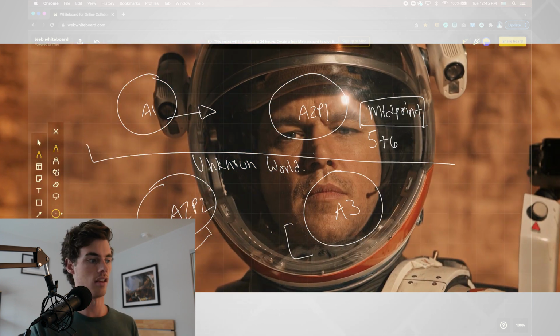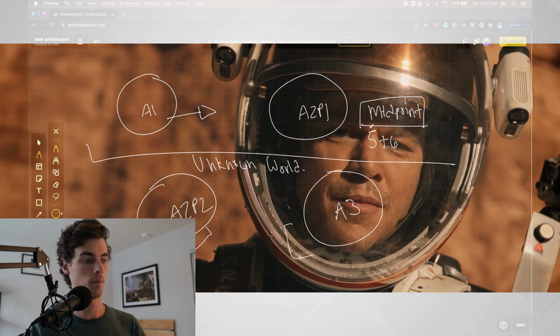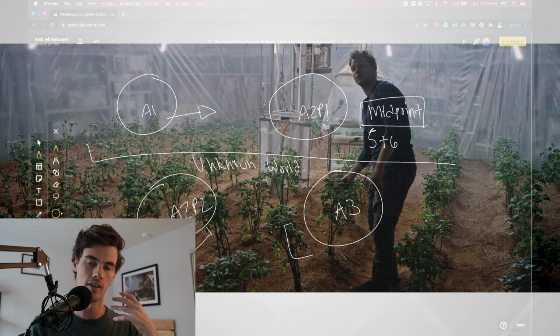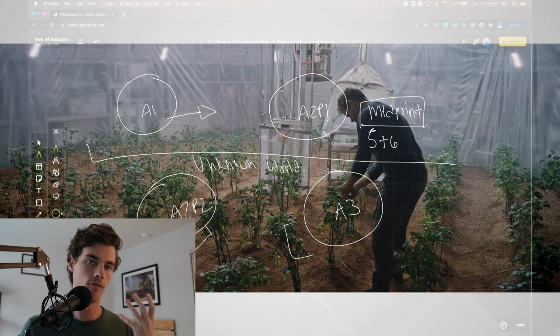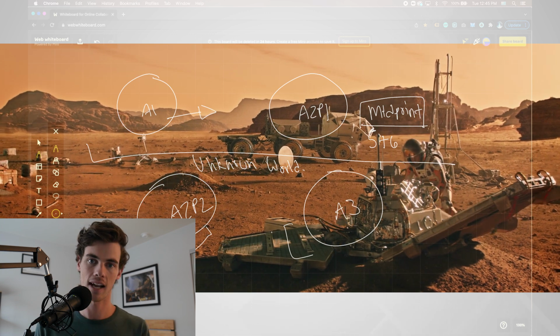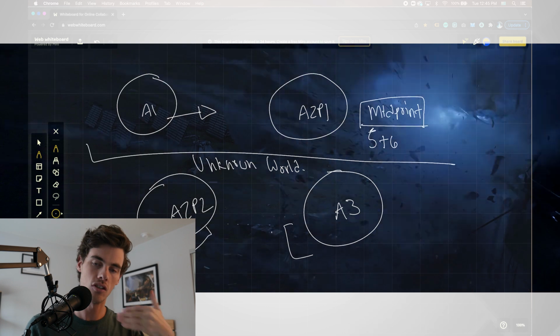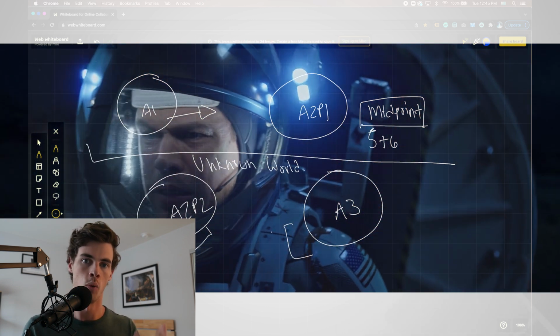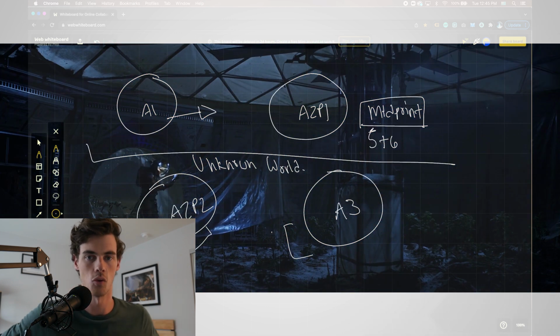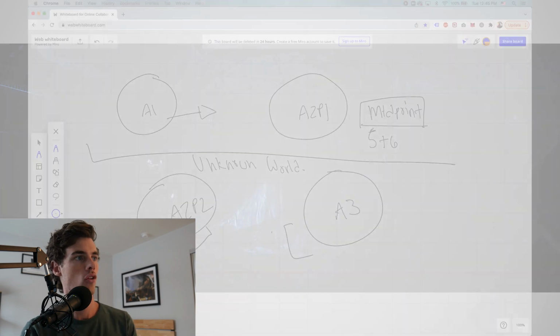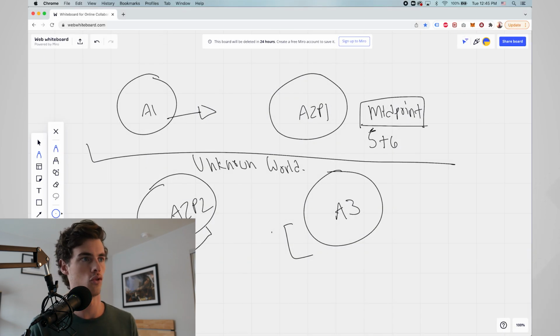Same for The Martian. They formulate a plan for 5. They get what they want. NASA and Mark Watney formulate a plan on how to get him back, and then the hab explodes, sending Mark into the unknown world and not knowing what to do next. And so this is why the midpoint can become so extremely valuable for your story, because it forces your characters to make decisions on a level that they haven't been forced to make yet.